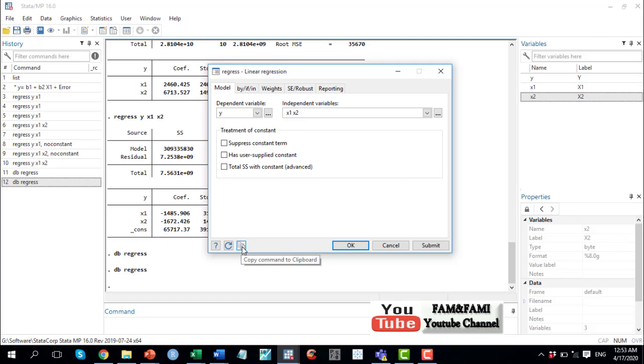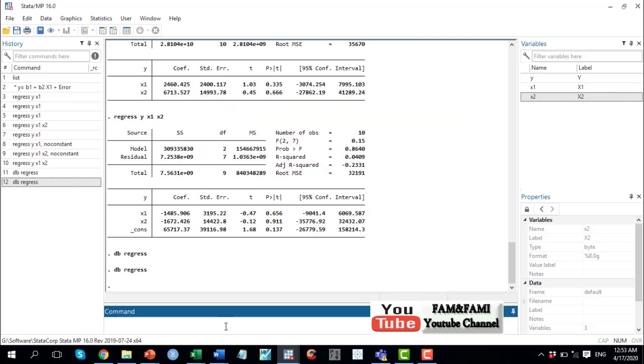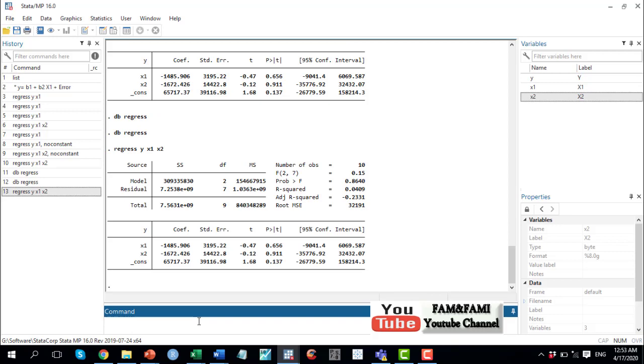The command that works behind this dialog box gets copied to the clipboard. So click on copy to clipboard, and now in the command window, if you right click and click on paste, the same command that is operating behind that dialog box gets pasted here. And now if you press enter, you will see the output.